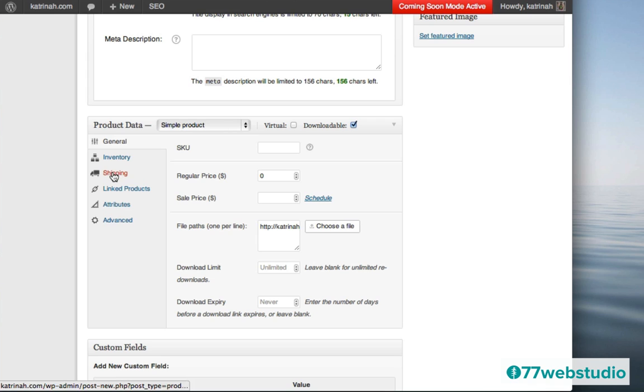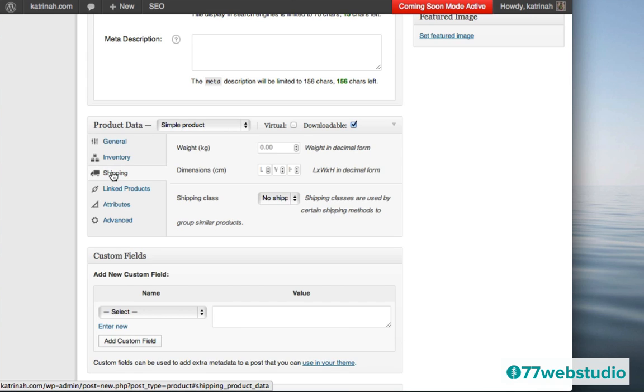Now here I need to click on shipping. So I'm going to click on shipping right here. And here we see there's a shipping class, which currently has no shipping class, but we want to add a shipping class. So I'm going to click on that. So we have two different shipping classes. We have the standard shipping class, which as we saw previously is a $5 shipping charge, but this is a downloadable ebook, so I just want to give this ebook away for free. So I'm going to use the shipping class of free for this particular product.